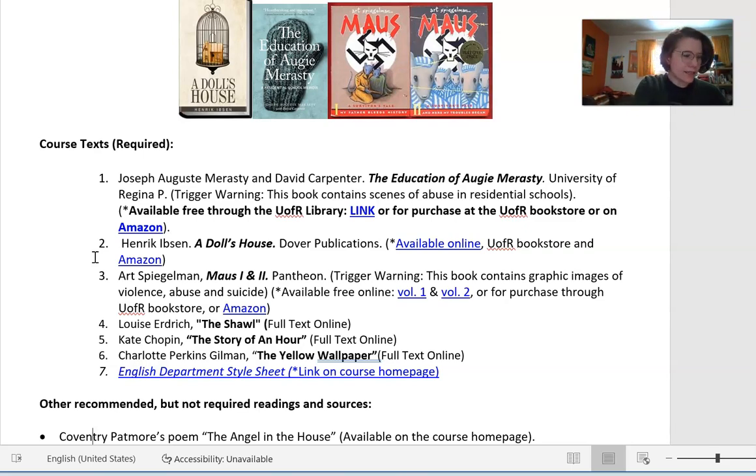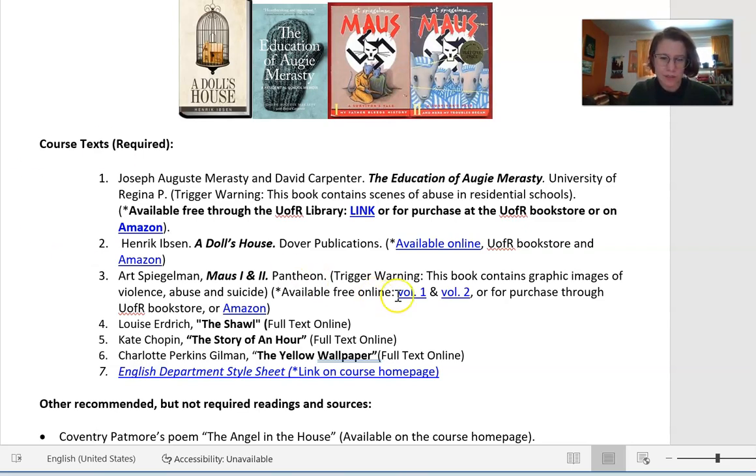The next text is Art Spiegelman's Maus, and it's a graphic novel. And it's written as a comic, so as a graphic novel, meaning it's illustrated. And it comes in 2 parts, but sometimes you can find the complete Maus, and it's both books together in a larger, novel-sized book instead of the 2 separate volumes. Either one would work, so either one works for this text.